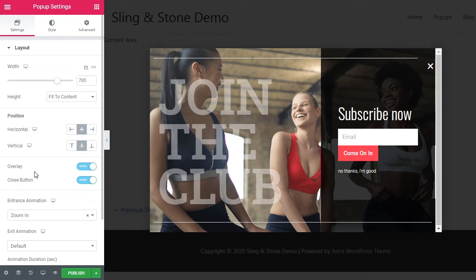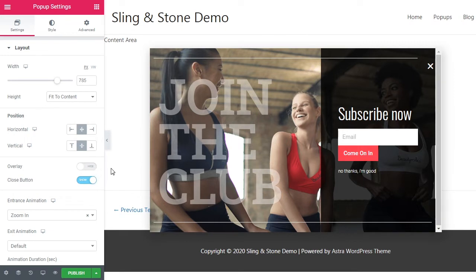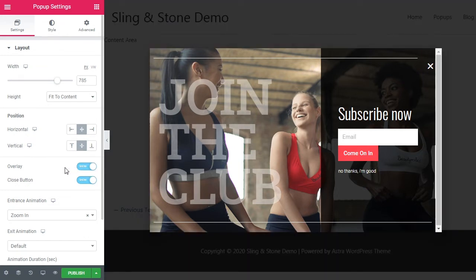Then the next option we have is the overlay, and that's basically this dark background here. So we can either have that be shown, or we can take that away, in which case the person will still be able to see the entire web page that they're on behind it. And that doesn't really make the pop-up stand out to the person, so I like to have the overlay on, so that way it draws the focus to the pop-up